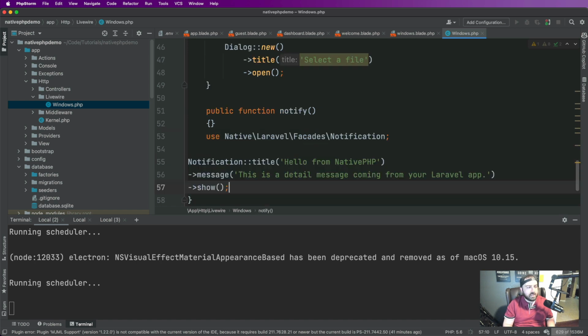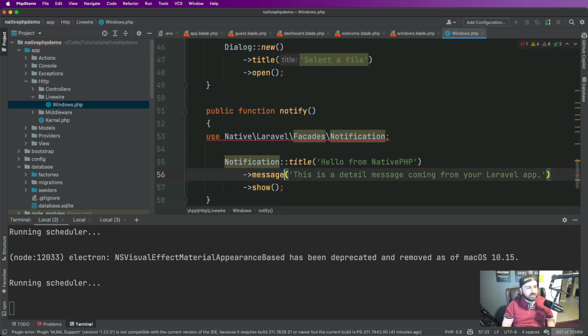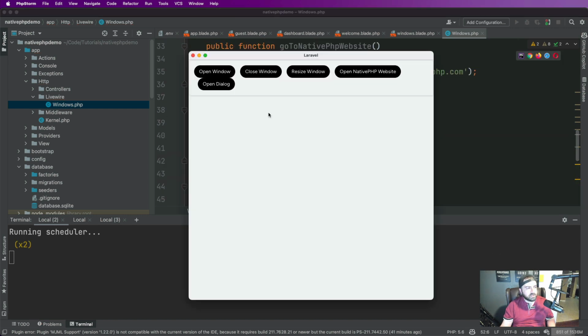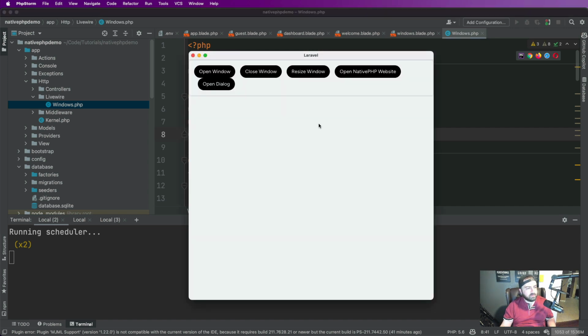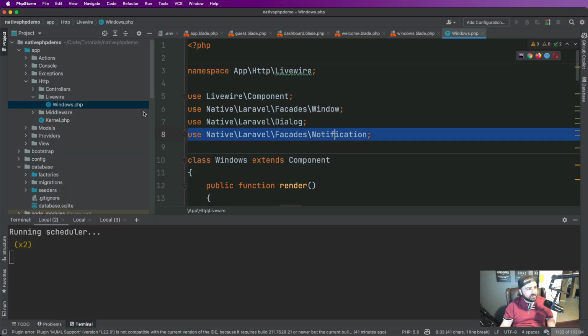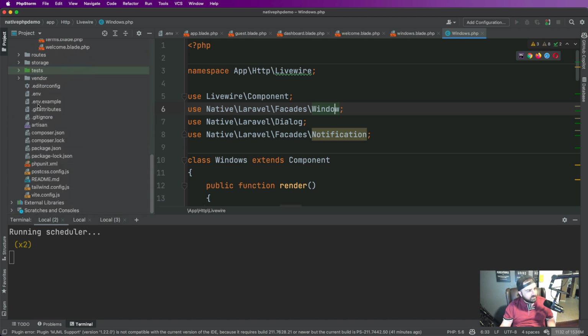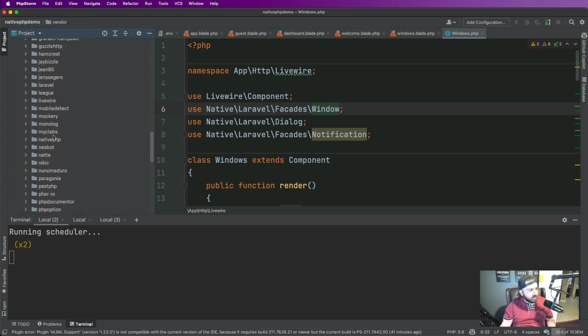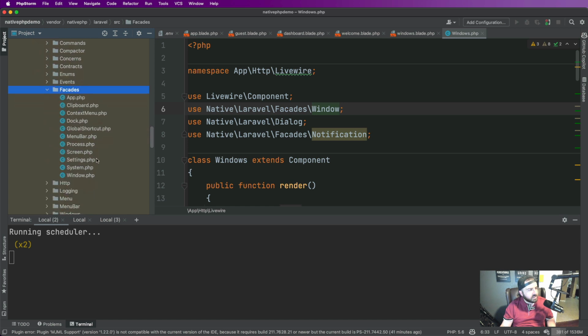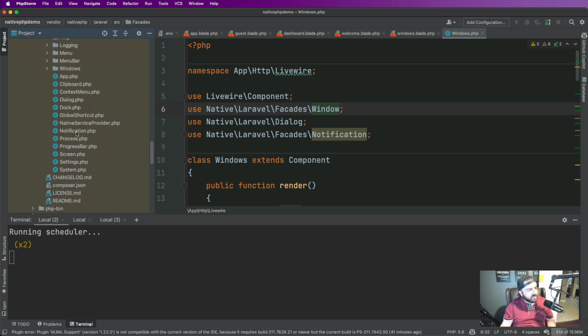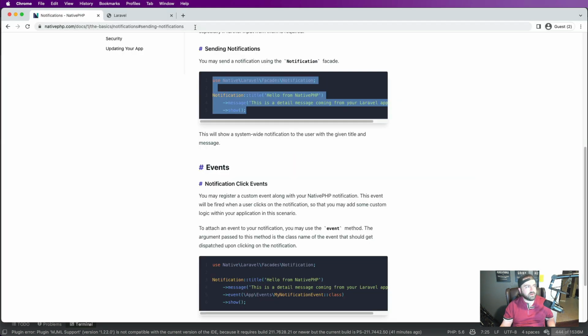Because I had to put a ticket in yesterday, because the issue I ran into is that if you go to this pathway, sorry about this, it's not there. And the reason behind this is if you go to vendor, native PHP, and you go to Laravel, and you go to the source folder, and you go to facades, there is not a notification facade. If you go up a level, there is a notification class. So you end up having to do this, and let's go find